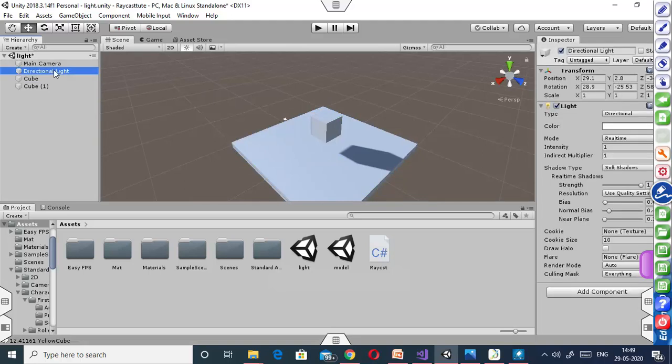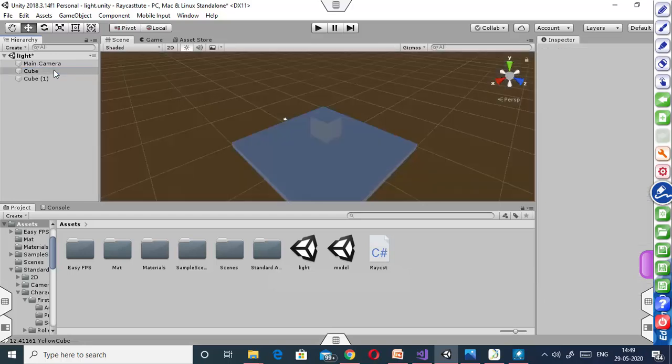So what will happen when I delete this directional light? After deletion, will I be able to see these objects? So now I'm going to delete it. So now you can see that still we are able to see all the objects present in the scene. So it is only because of ambient light source.